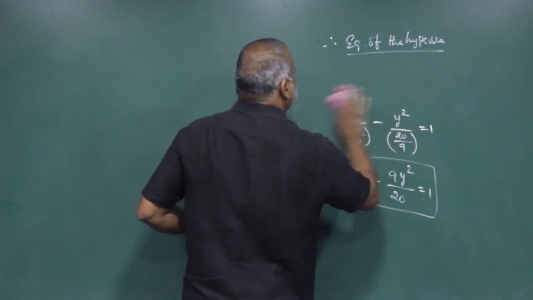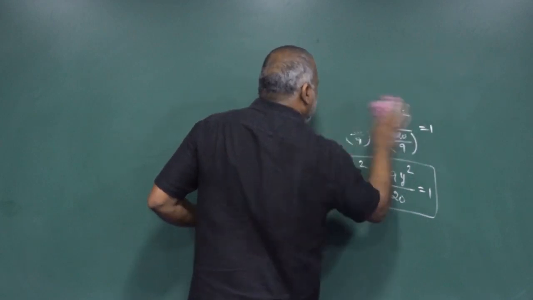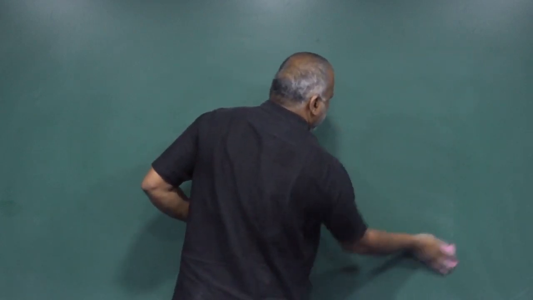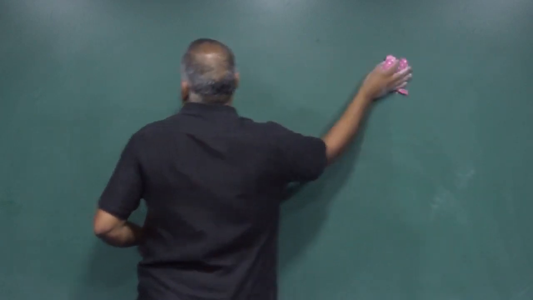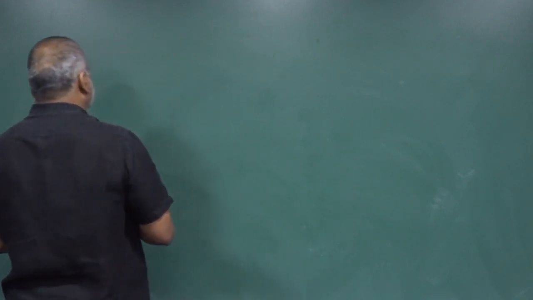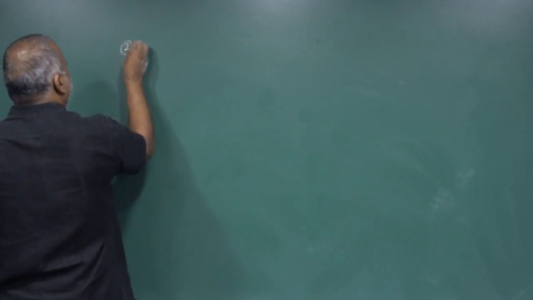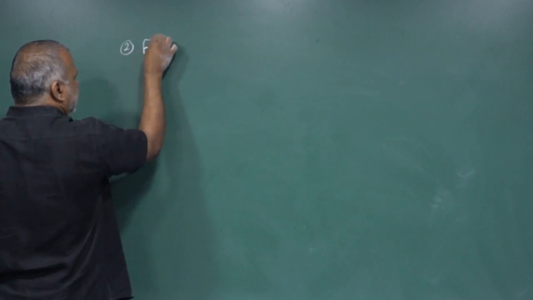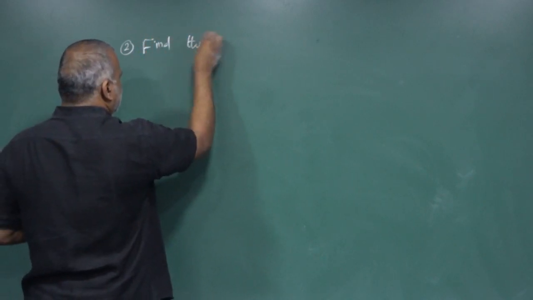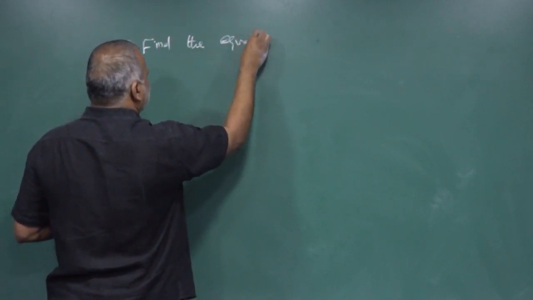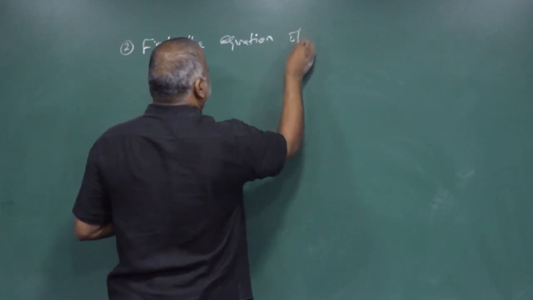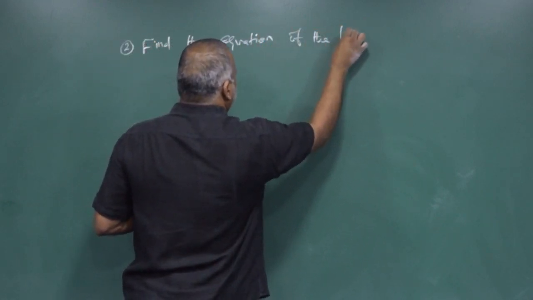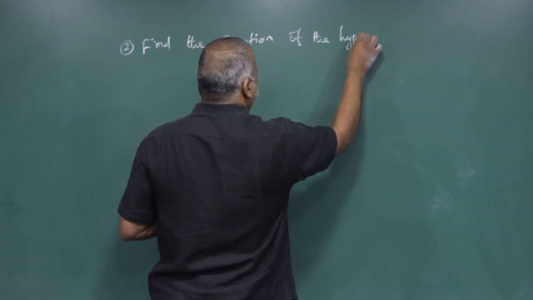So in the same model, you have one more equation. Just the data changes. See the question. Read what the given data are. Now listen, students. Find the equation of the same model we are having. Second question: find the equation of the hyperbola